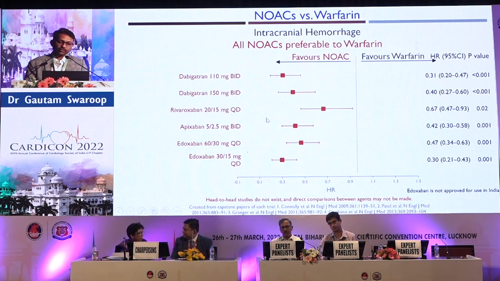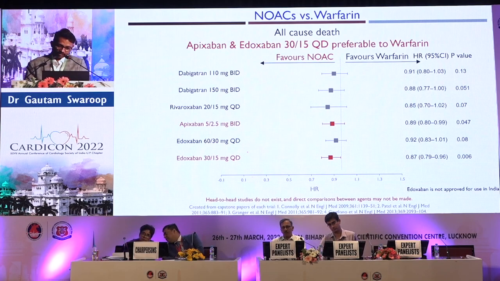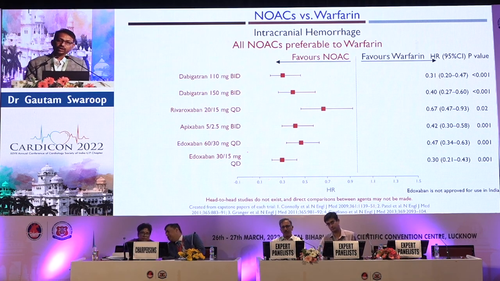So my point is, if you choose dabigatran 110 milligram, it is less efficacious, but you get the benefit of fewer chances of bleeding. If you choose the 150 milligram of dabigatran, the bleeding risk is high. But if you choose apixaban, either dose 2.5,